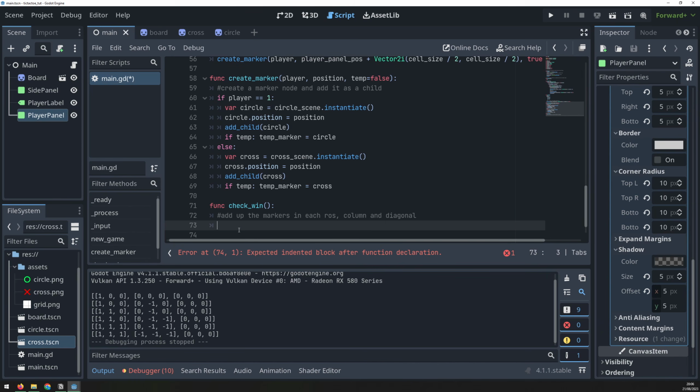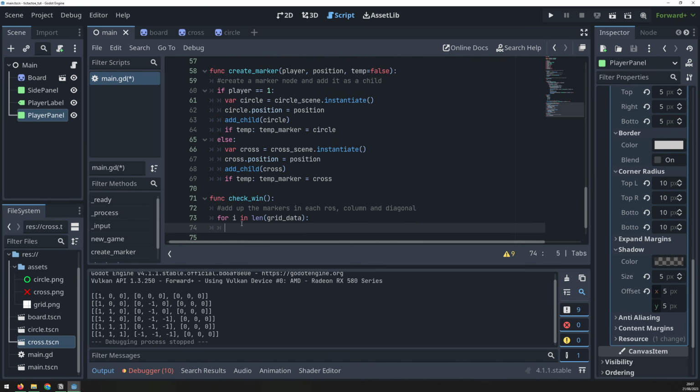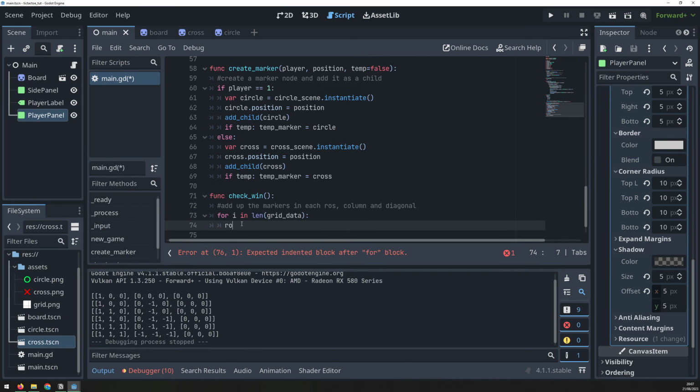And we'll use a for loop here just to make the iteration a bit faster. So we'll say for i in line grid data. And then we can start calculating our sums. So first we'll do the rows. We'll say row sum is equal to, and then we need to just work through our indexes. So the grid data is here. To calculate each of the sums in the rows, we need to go through each of the individual indexes. So that's done by saying grid_data